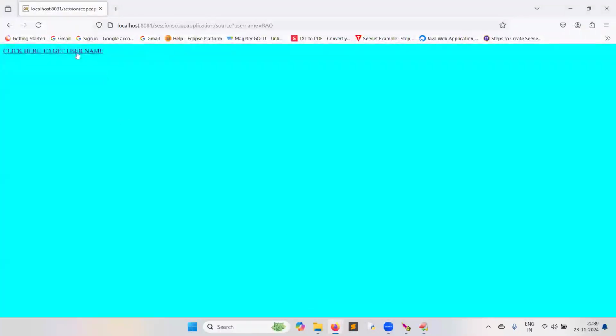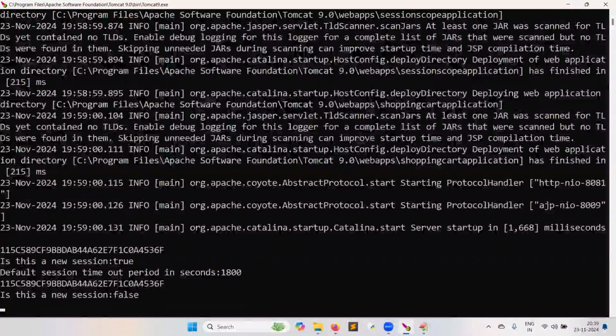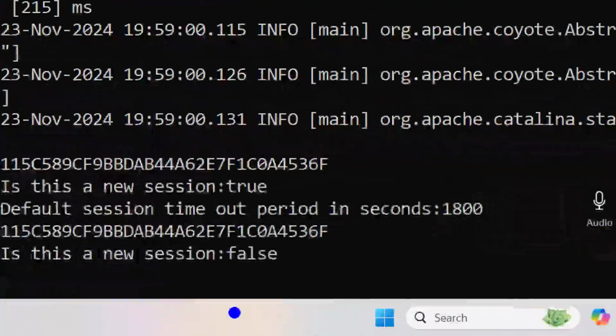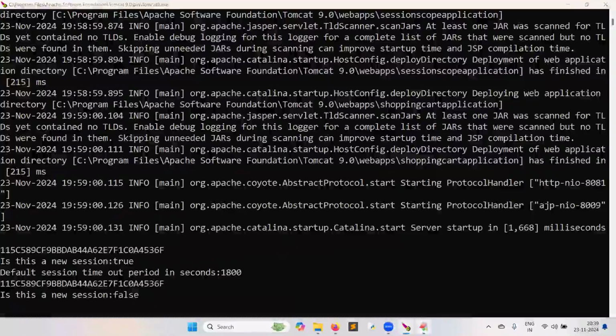So please try to understand. First time, control went to whom? To the first servlet.